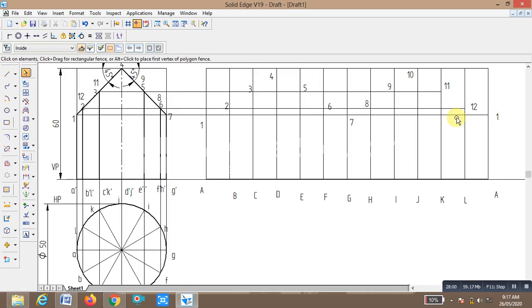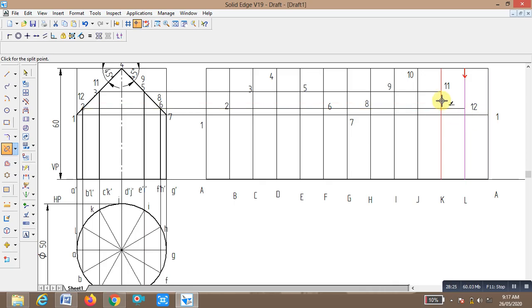Okay, where we made a mistake. 6. Okay, here we are going to split at 7. Split 7, 8. Okay, go to smooth curve.